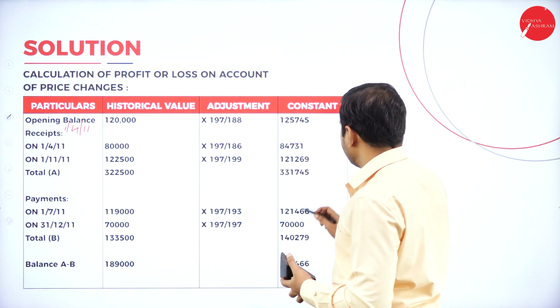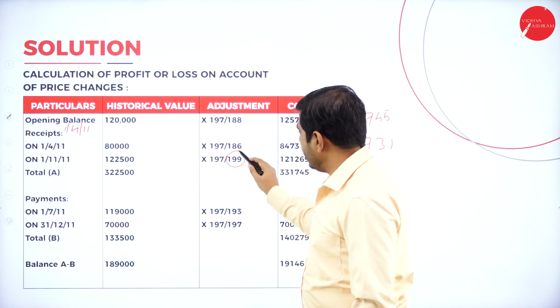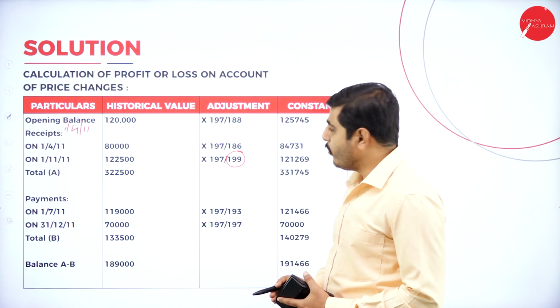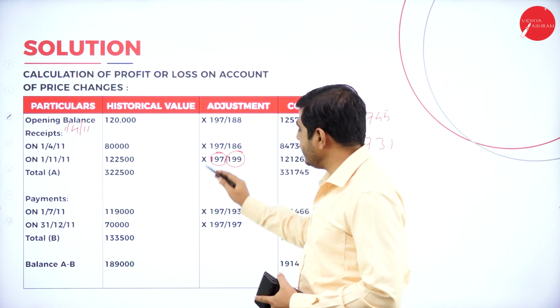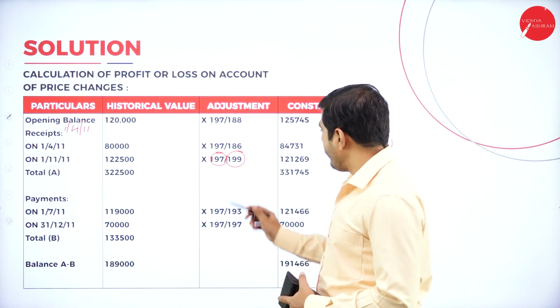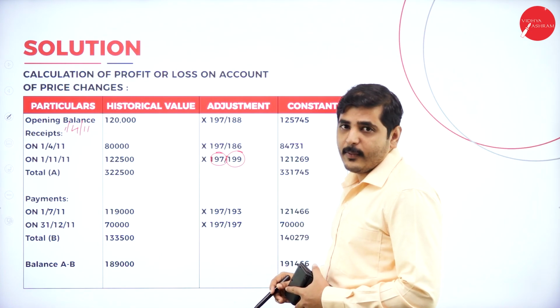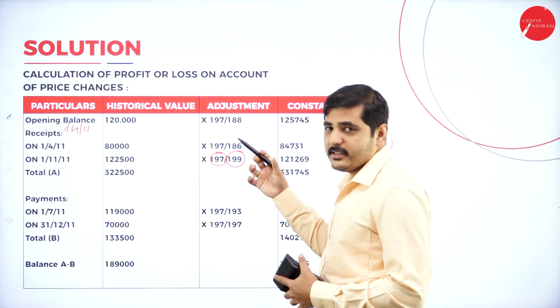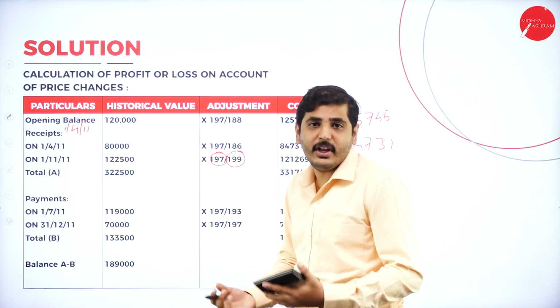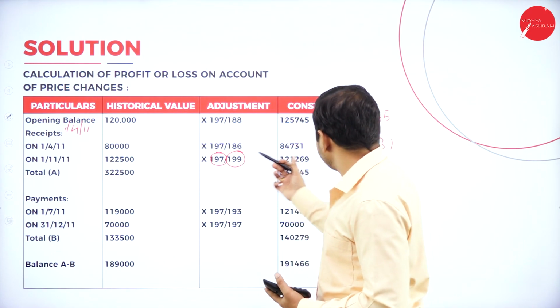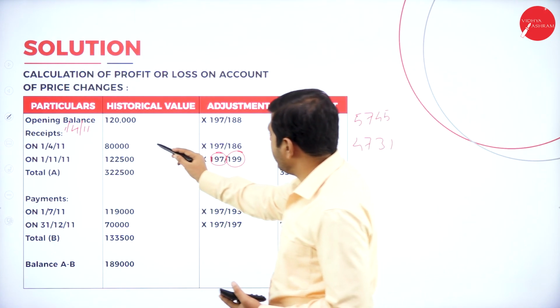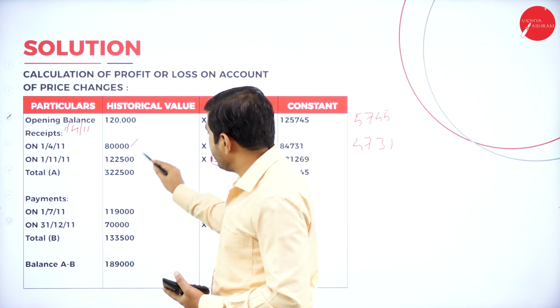See here, it has been reduced. On that day only the price index was more, so current year the price index is lesser. So 2 points lesser than on that day's money. That means inflation has been reduced, that is deflation. So the value for money increased. Here value for money decreased, here value for money increased.